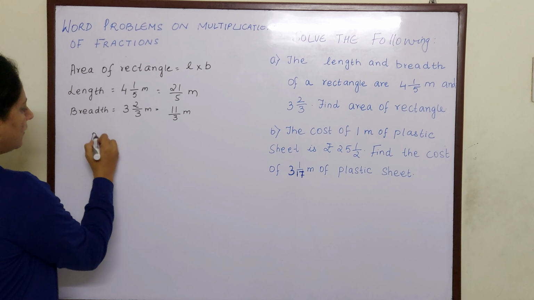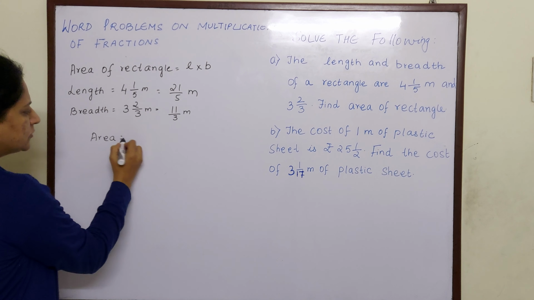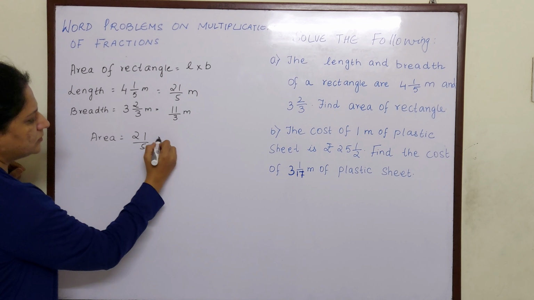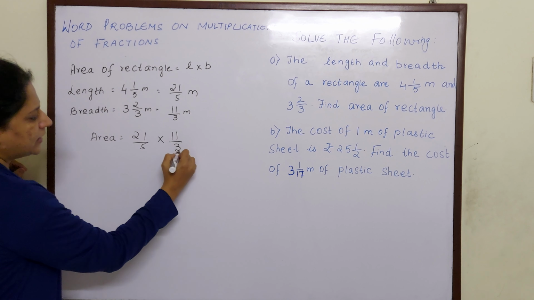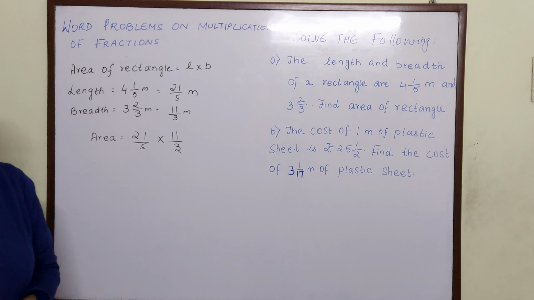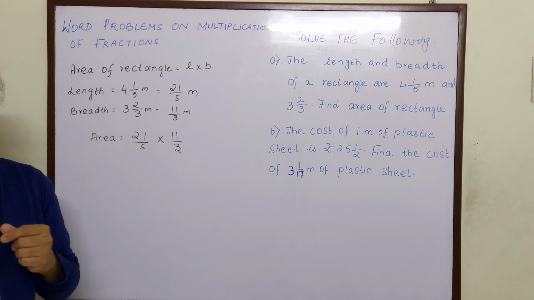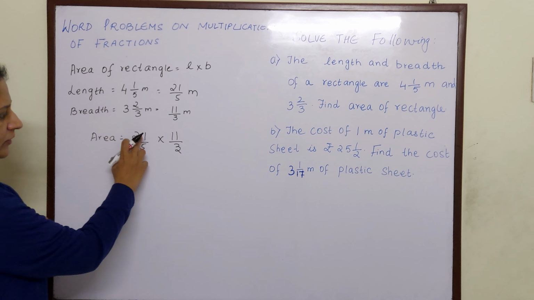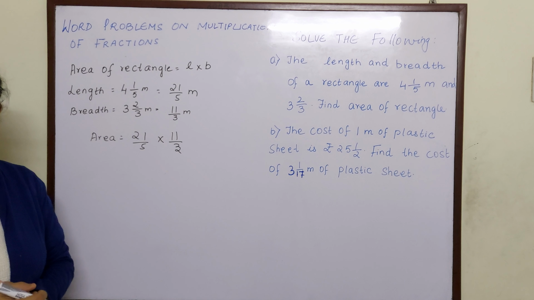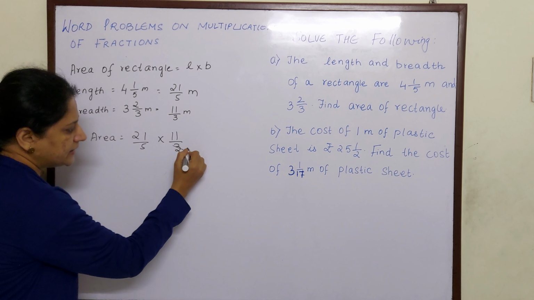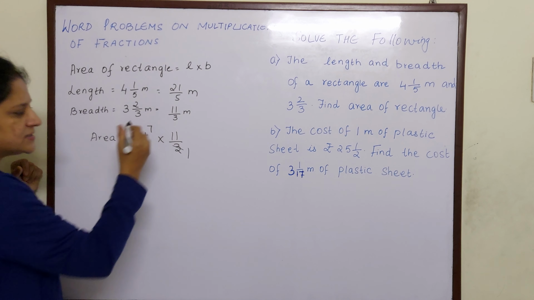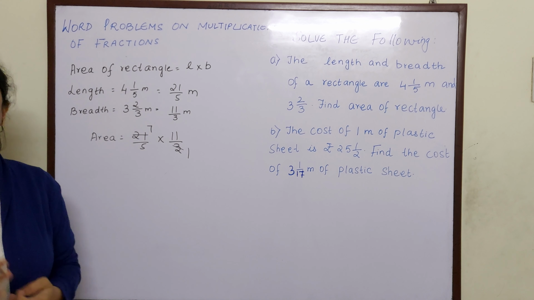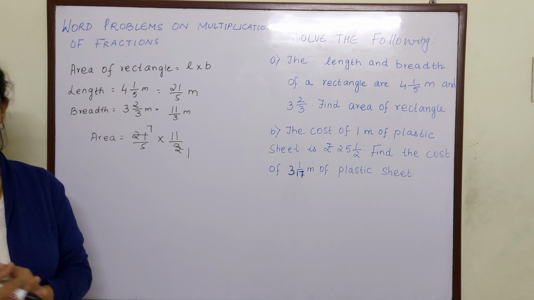So we know now area of a rectangle is length into breadth, and you know how. So we will multiply length into breadth. Now what have we learnt in multiplication of fractions children? Our first step is to reduce to the lowest terms. So now here 3 and 21 have a common factor 3. So 3 1s are 3, 3 7s are 21. Now 5, 7 and 11 all are prime numbers. That means they cannot be reduced further.